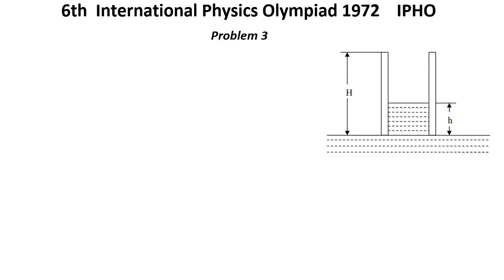Solution for problem number 3. The initial energy of the capacitor is W0 equal 1/2 C0 U0 square, or 1/2 Q0 square over C0. Here we have capacitance C0 equal epsilon 0 big H L over D. H is the height of the plates, L is the width of the capacitor's plates, and D is the distance